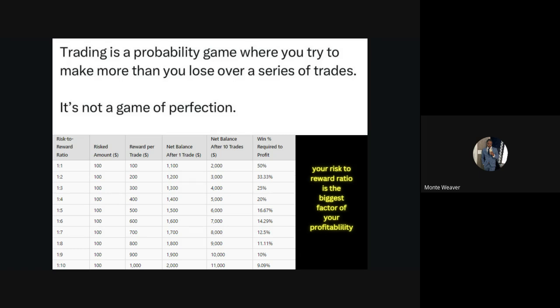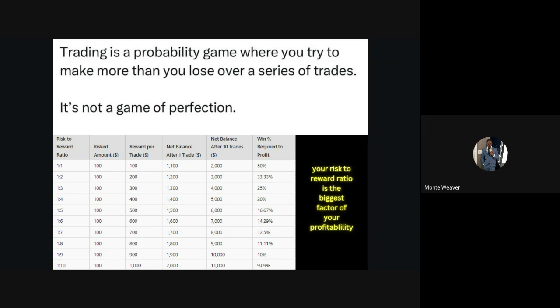I would start with 1 to 4, which means every time you're taking a trade, I'm risking $100 to make $400. So if I start with $1,000, I'll lose 100. I still have $900. Let's say I win the next trade. I make 400. I'm up $1,300. Now let's say I lose again. I'm down to $1,200. And let's say I win after that. I'm up $1,600. So can you see after compounding and compounding, you're going to make more money by winning and losing at the same rate, which is 50%. I'm winning once and losing once. Over time, I'm making more money.